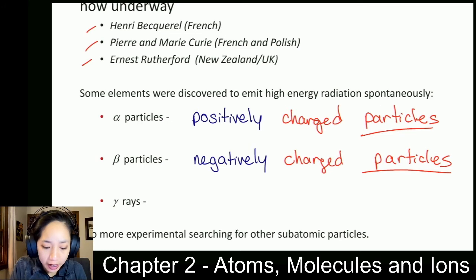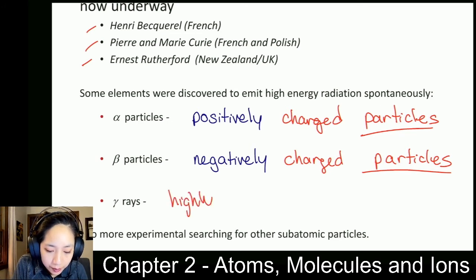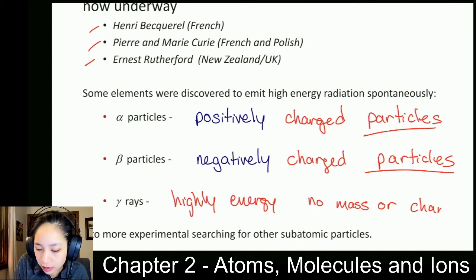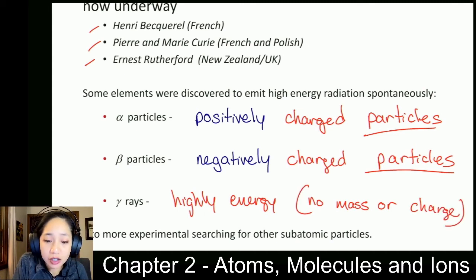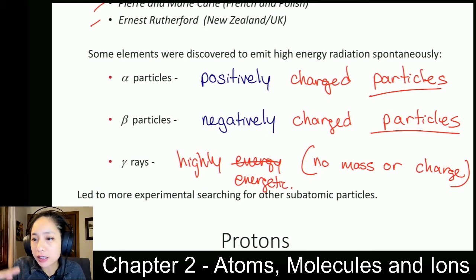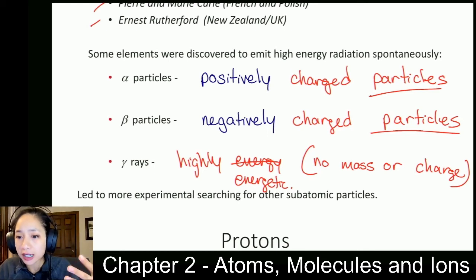So gamma rays are highly energetic, but have no mass or charge. So lots of energy, but no mass or charge. So gamma rays are a little bit different, and so it's these radioactivity experiments that led to the discovery